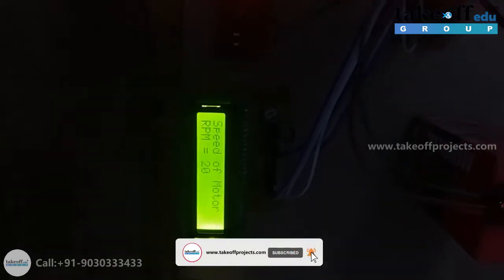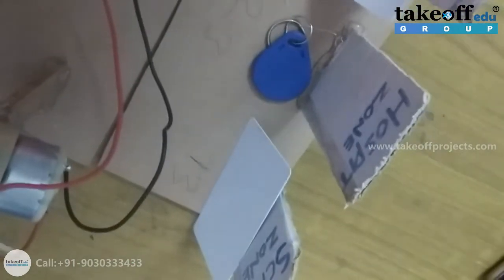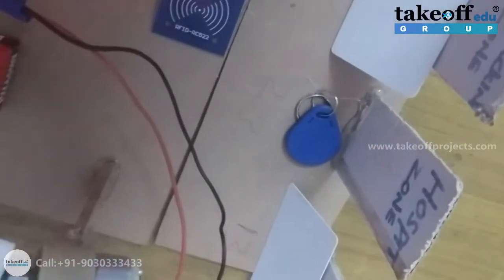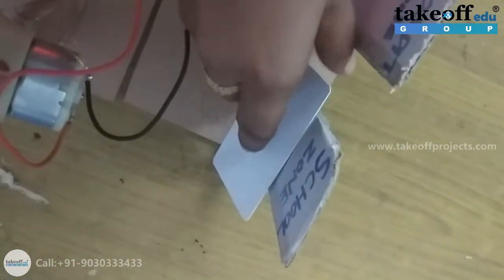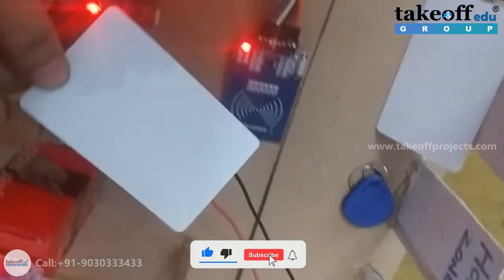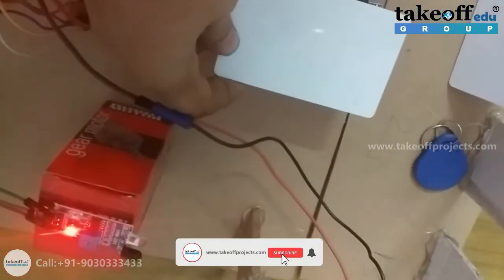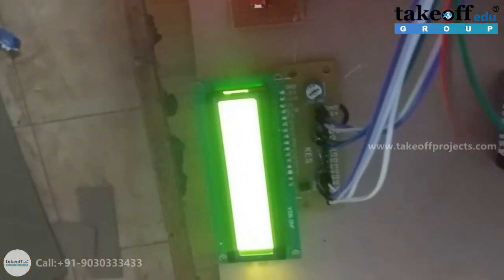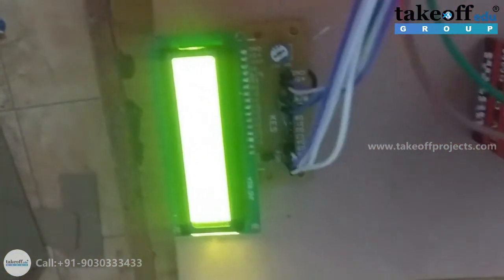Now if the driver enters the school zone, then the driver has this tag. See, the speed limit in the school zone is 13.